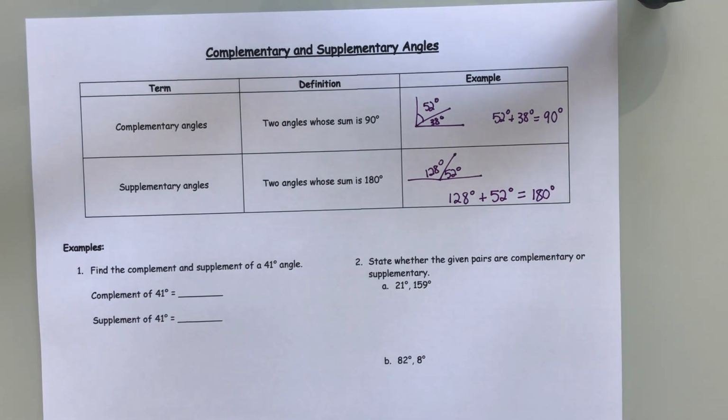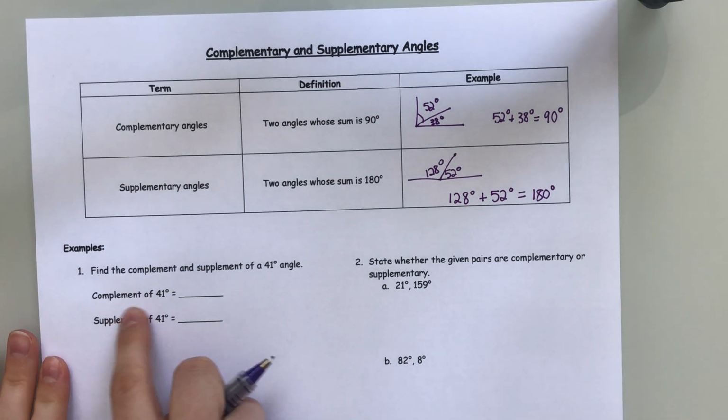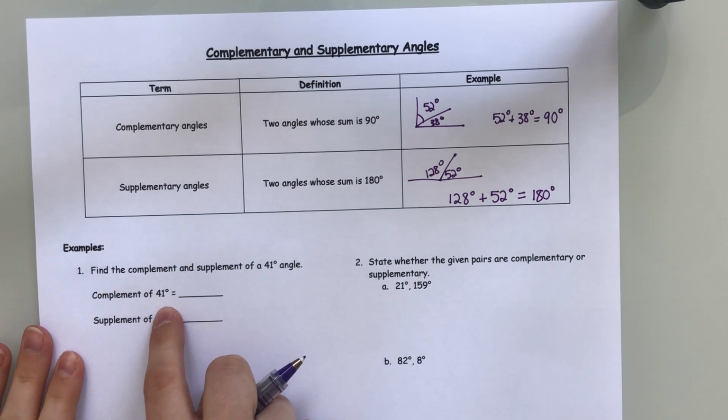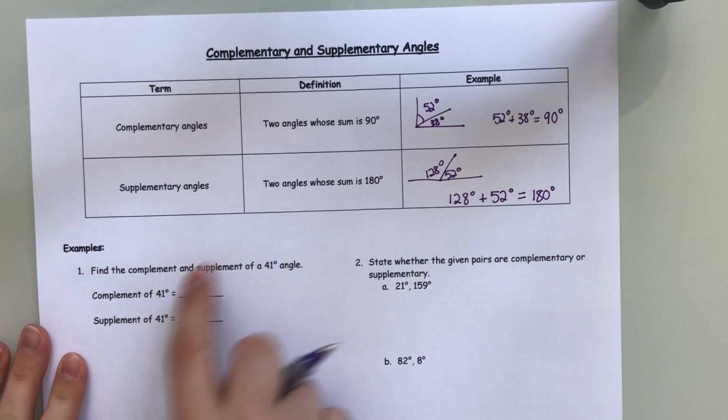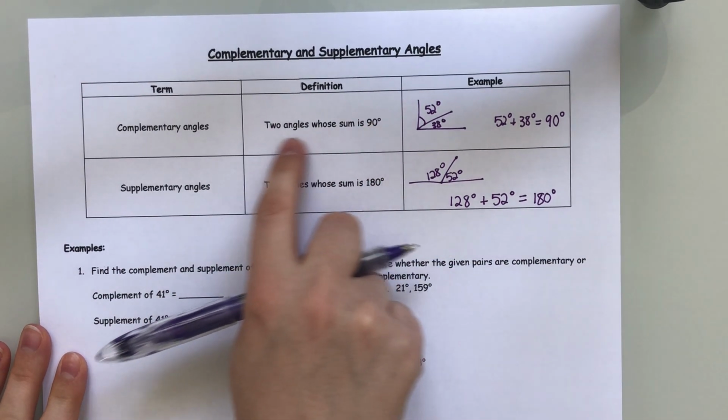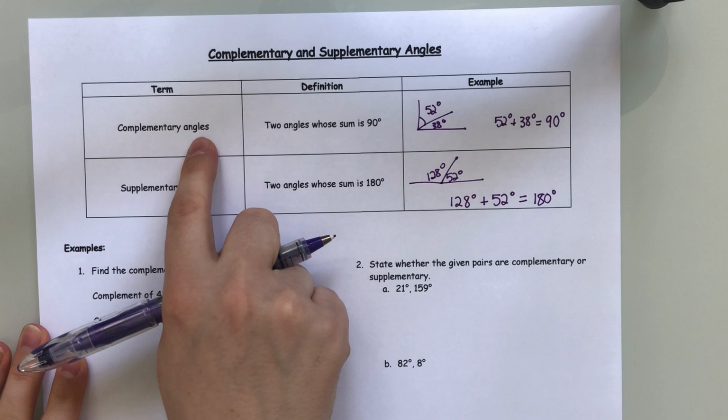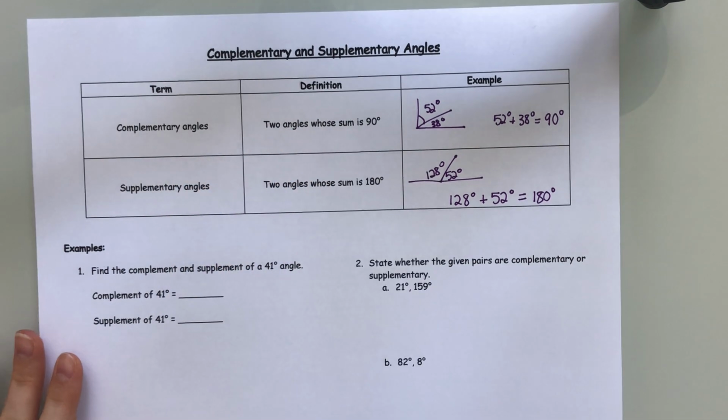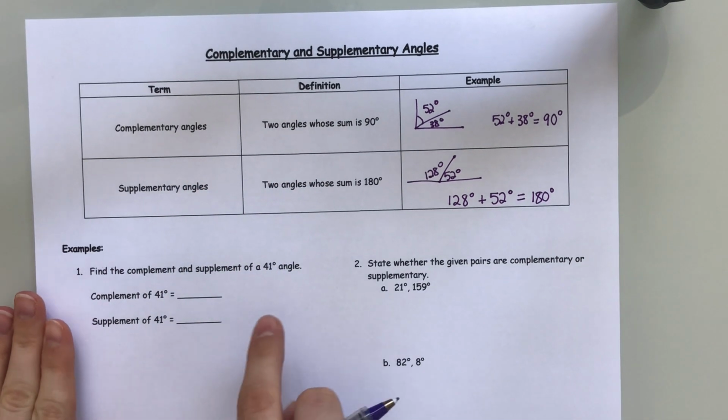So you're going to have a couple types of problems on your worksheet this week. One of them, you'll be given an angle and you're going to be asked to find the complement and supplement. In this case, you're given a 41 degree angle. So if we want to find the complement of 41 degrees, we need to think about 41 plus what number would give us 90. Because remember, our definition of complementary angles is that they have to add to 90 degrees. So to get the complement,